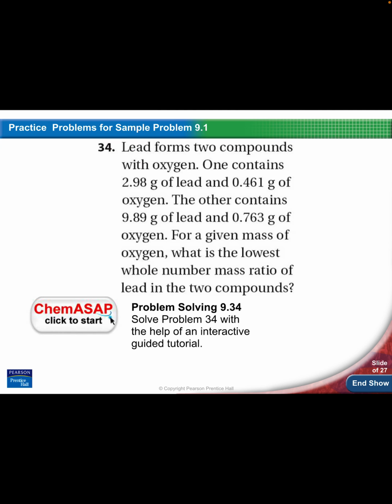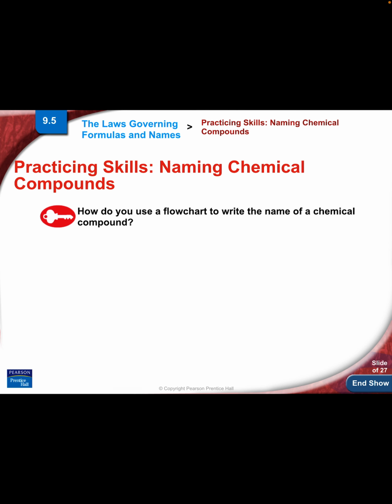But we're not going to work these mathematical problems. We'll get mathematical enough in a short while in the course, as we start looking at more quantitative aspects of chemistry. But right now, understanding the properties of covalent and ionic compounds and understanding how to name them and write their formulas is most important for us. So we won't work another problem, but for those of you who want a quick review, that really does it for laws governing formulas and names,